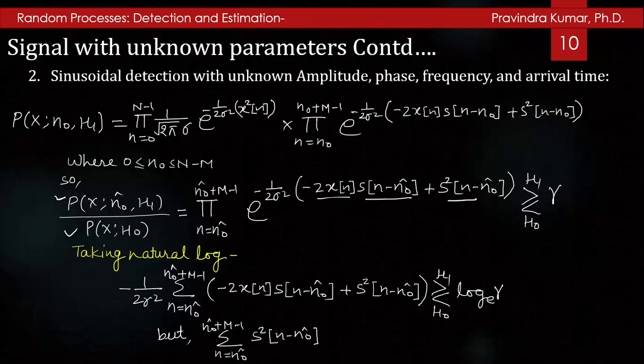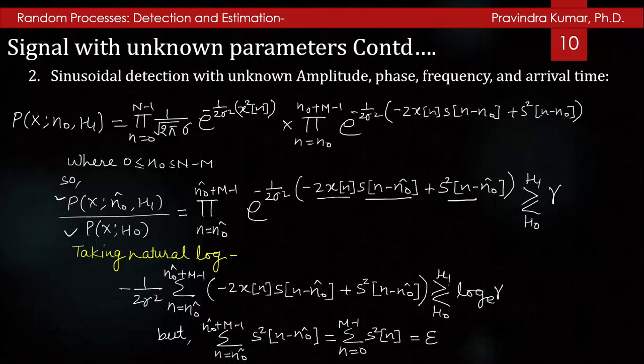But you know the summation for n = n0 hat to n0 hat + M minus 1 of s square[n - n0 hat]